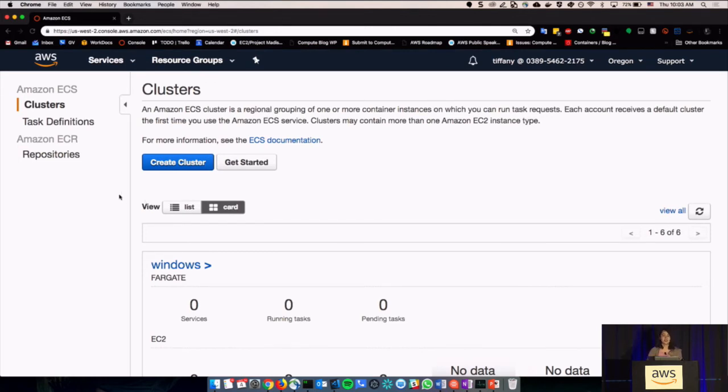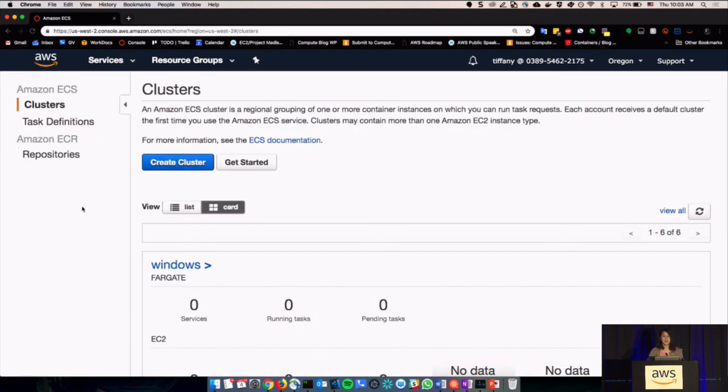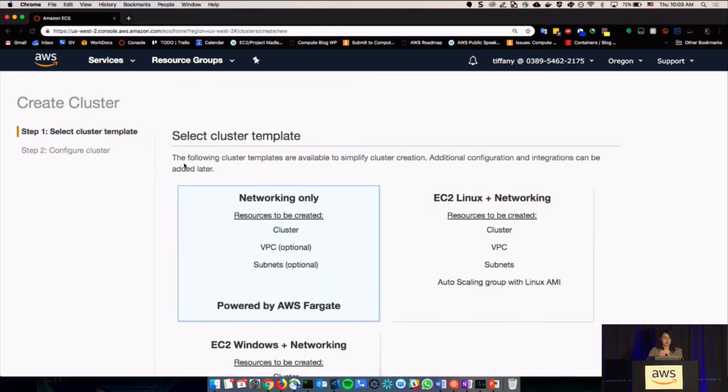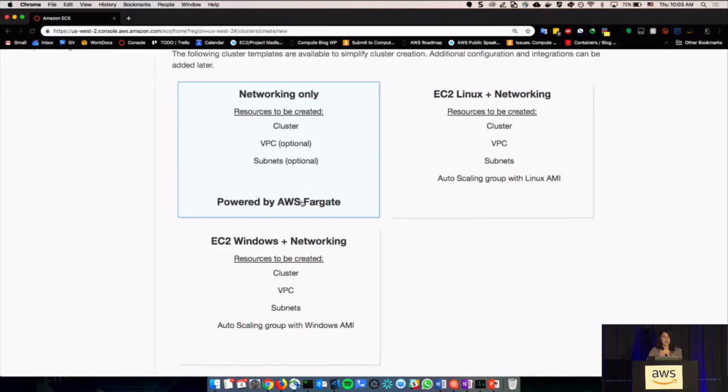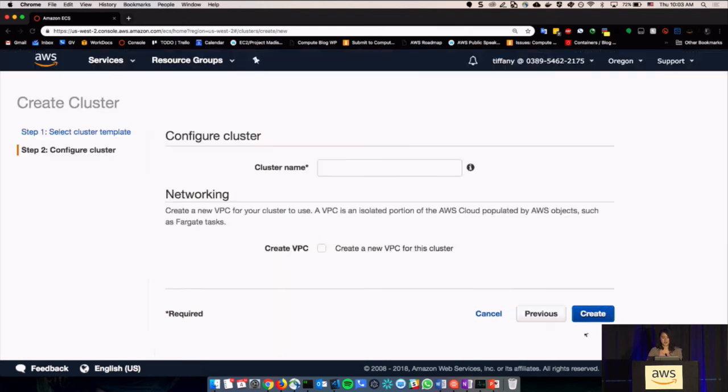If you go to services, you go to Elastic Container Service. The first thing you would do is create the cluster. If I go to create cluster, here's where you have the option of whether I want it to be network only, so Fargate, or using EC2 instances with Linux, or with Windows. I want Fargate, so then I would click next.